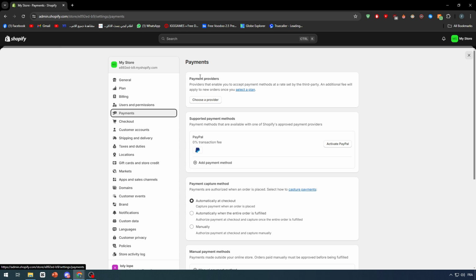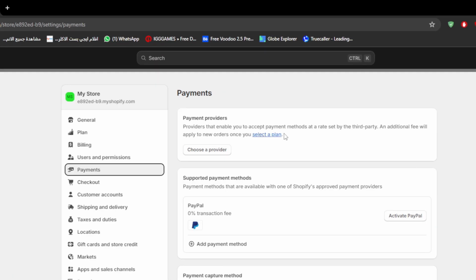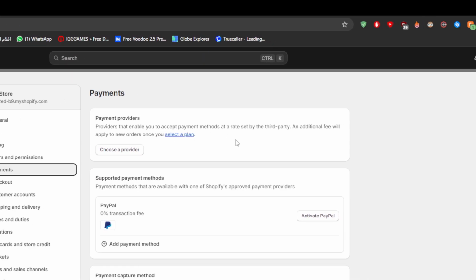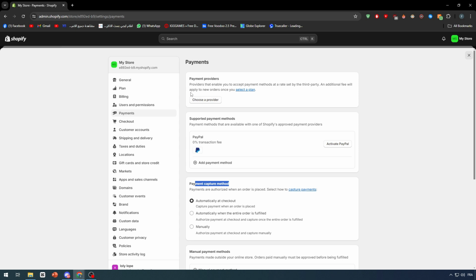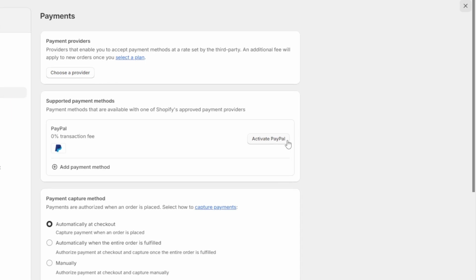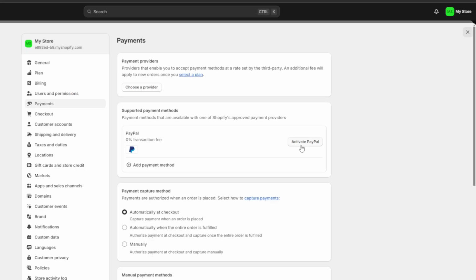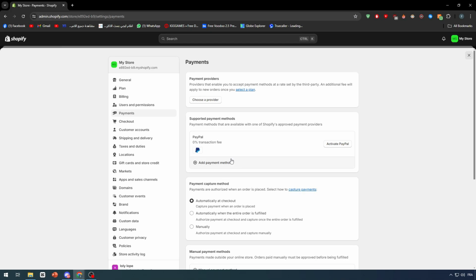Now as we can see, these are providers that enable you to accept payment methods at a rate set by the third party. An additional fee will apply to new orders once you select a plan. Now as you can see, payments providers should be shown in here. I have PayPal here by default. I can activate it by clicking on here, but for this video specifically, we need to add credit cards. Now PayPal has credit card implemented within it,